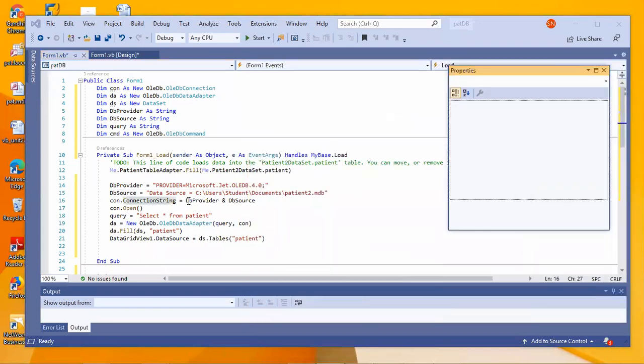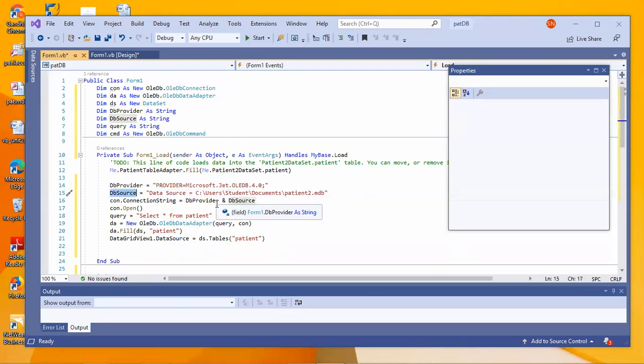So I'm giving it in the form of DB provider, that is my provider, concatenated with DB source. That will be my exact connection string. So this will do my connection, and I'll establish it by giving a command saying open. Establish my connection using the provider I've given and the source I've given.